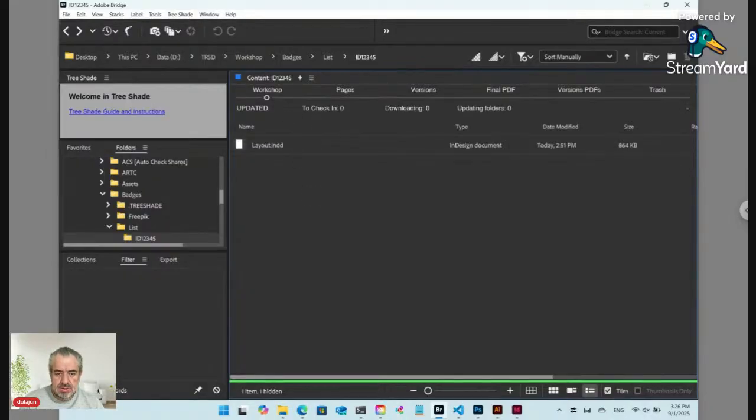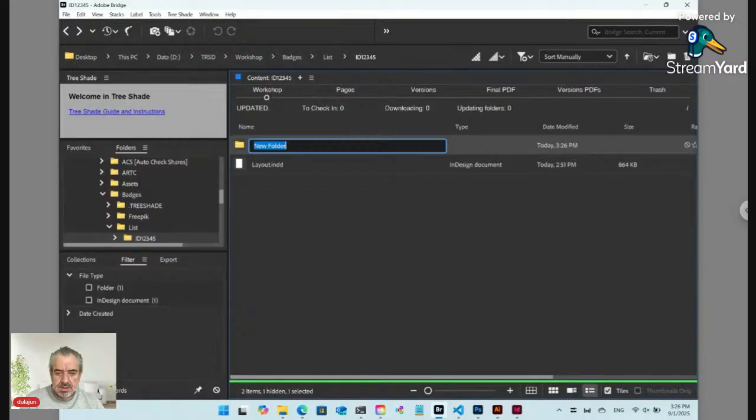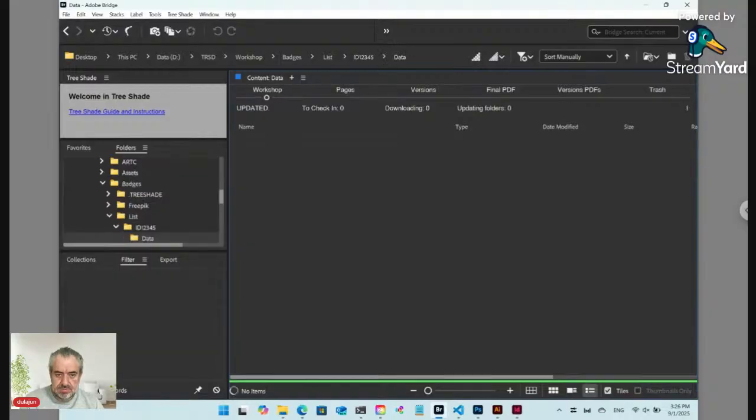Okay, let's put it inside the data folder. And let's rename